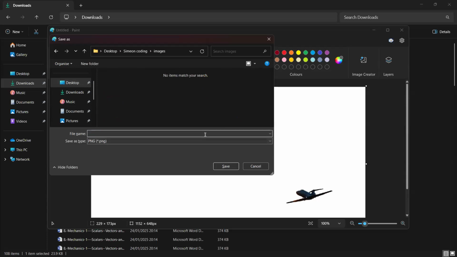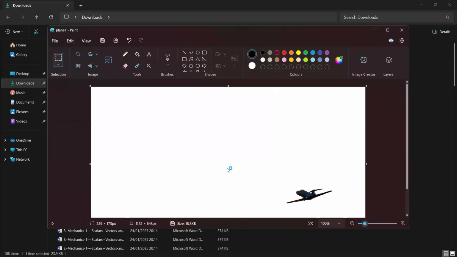Let's call it plain one. Save. Good. Just take note of how you are saving it. You type the word plain and then the figure 1.